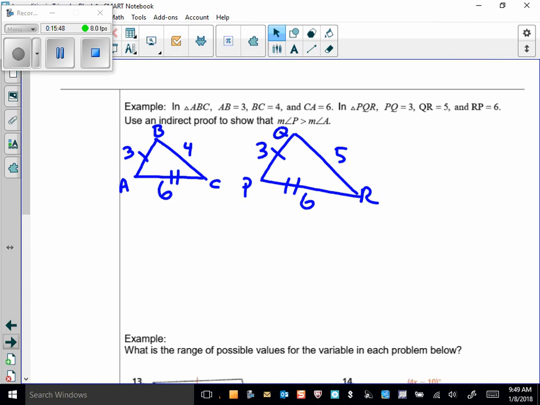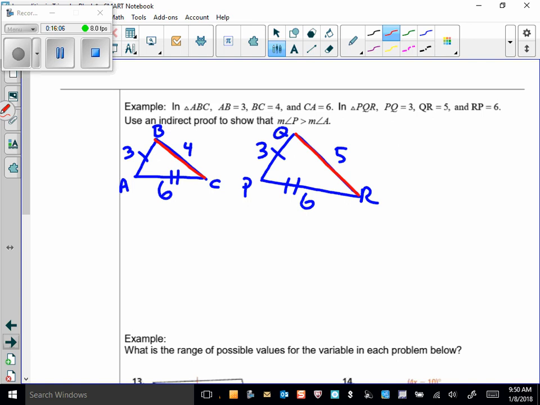All right, so I'm going to highlight the sides that are not the same length. I got that one, which is 5. I got this one, which is 4. So use an indirect proof. Ooh, an indirect proof. Okay, so